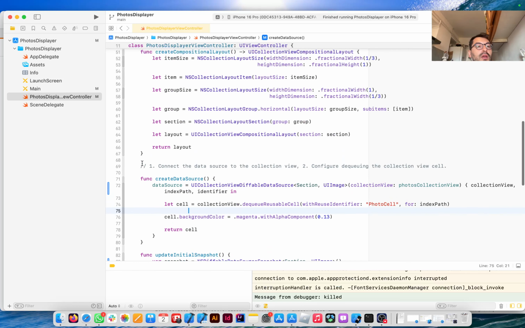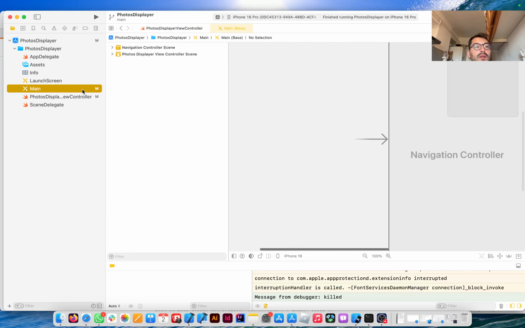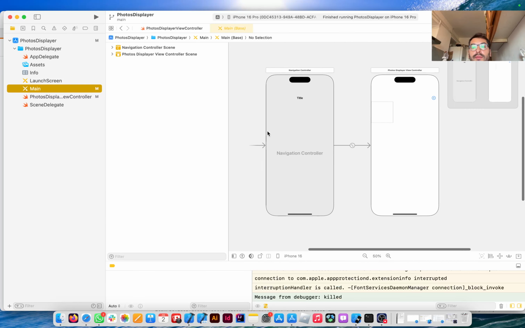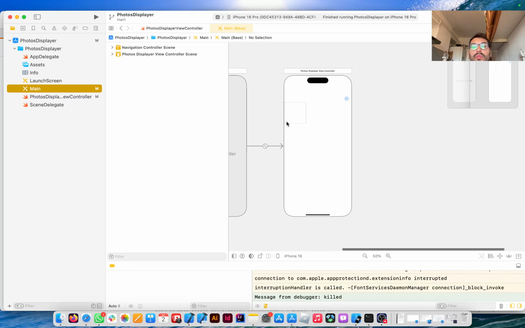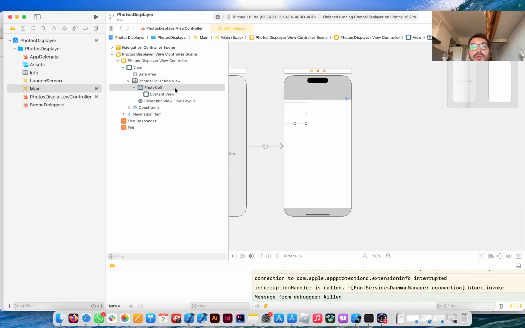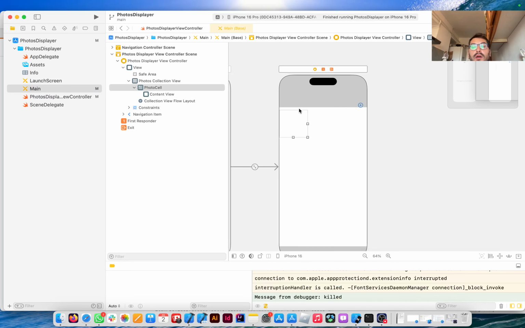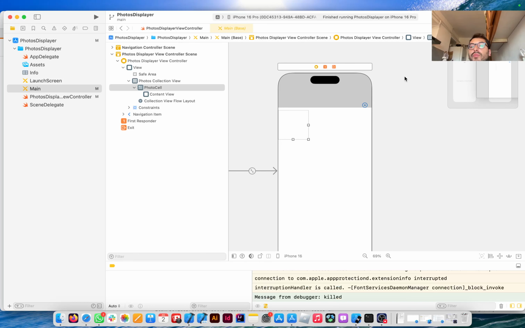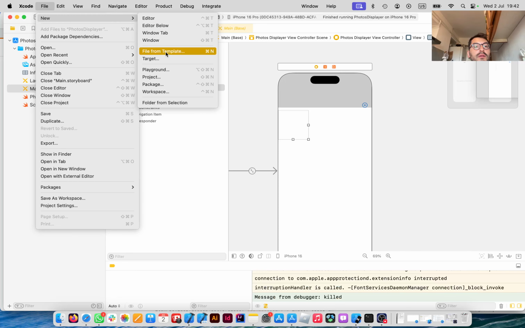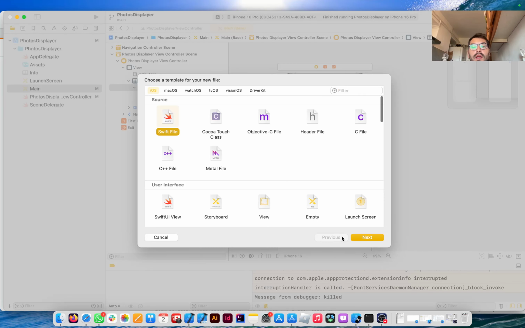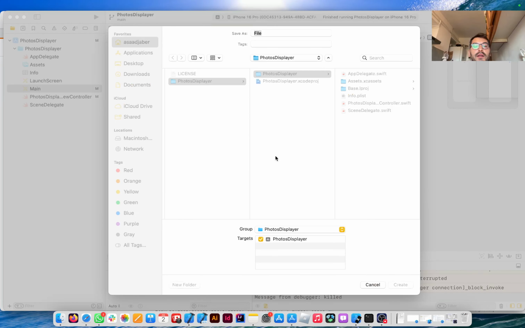callback. So I'm going to go to my main.storyboard here. So see, I have the photo cell here. So I'll start by creating a new file from template. And this is going to be a Swift file, and I'm going to call it just PhotoCell,